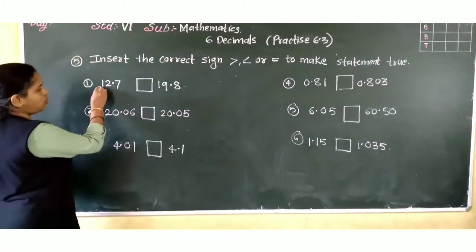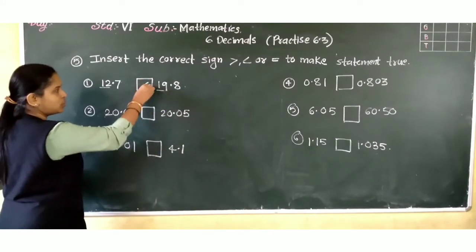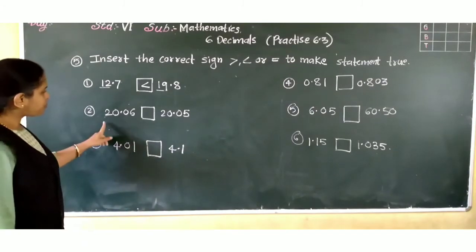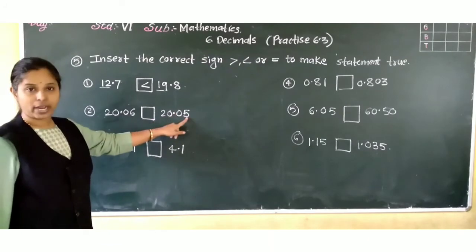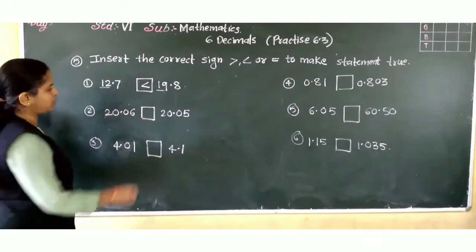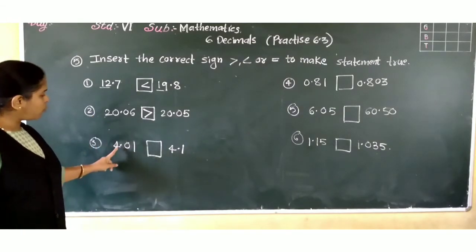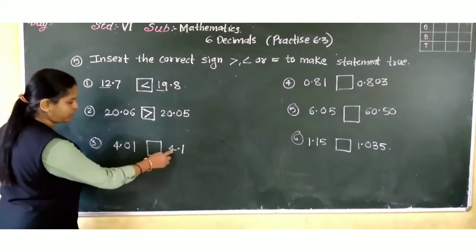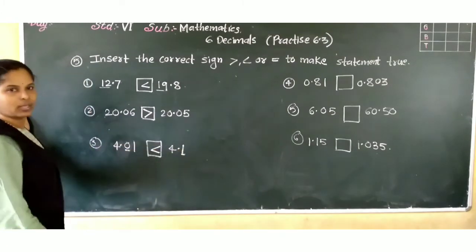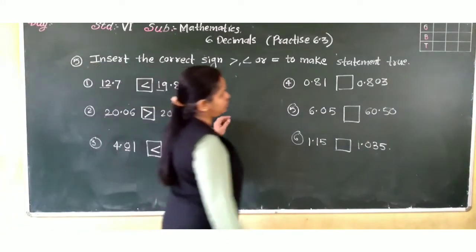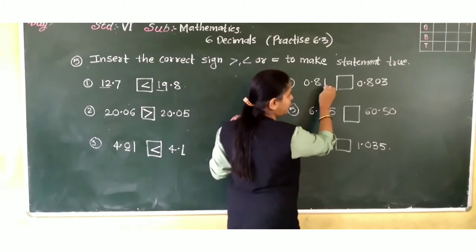Now look at this. Here 12, here 19. Who is greater? 19 is greater. So this decimal is greater. Here 20, here 20. Next here 0, here 0. Here 6, here 5. Who is greater? 6. So this decimal is greater. Next, 4.4. Same. Here 0 is there and here 1. So who is greater? 1 is greater. Correct? Next, 0, 0 same. 8, 8 same. Now here 1 and here 0.